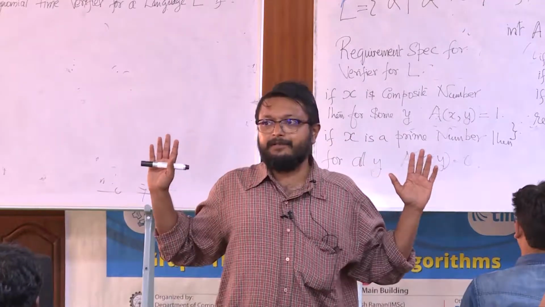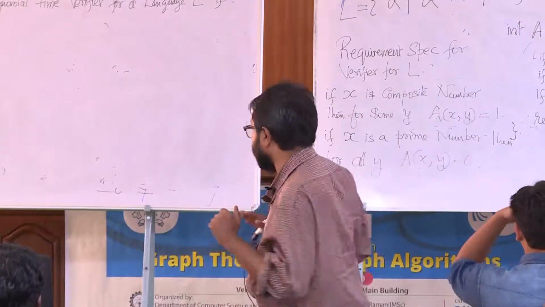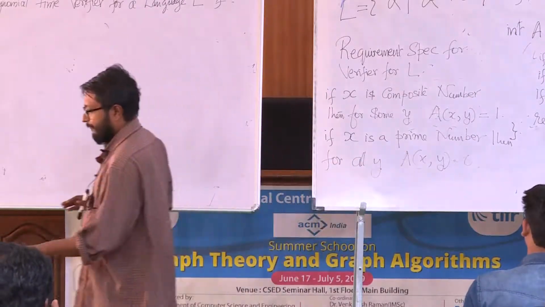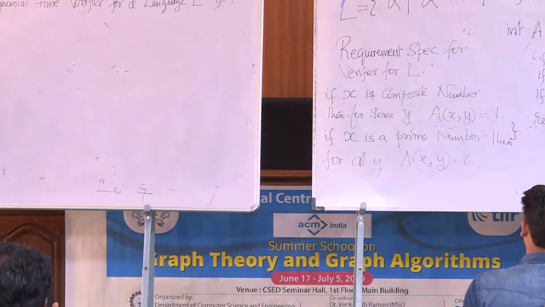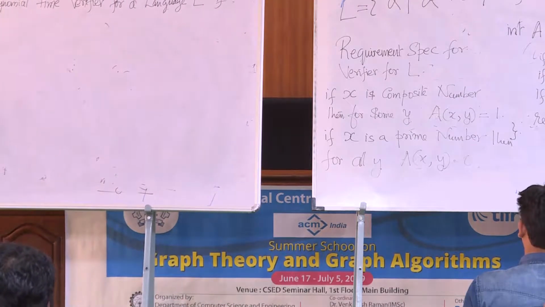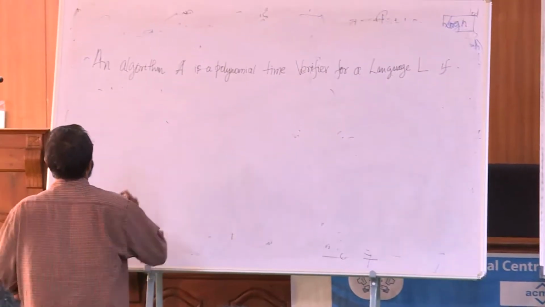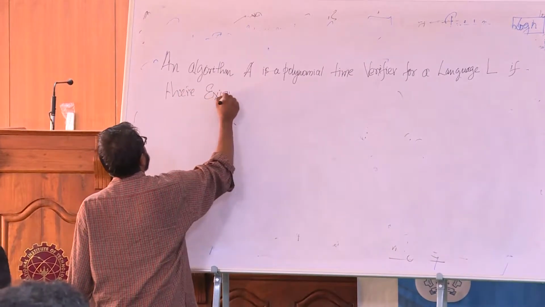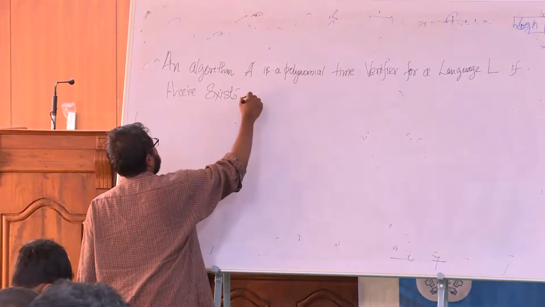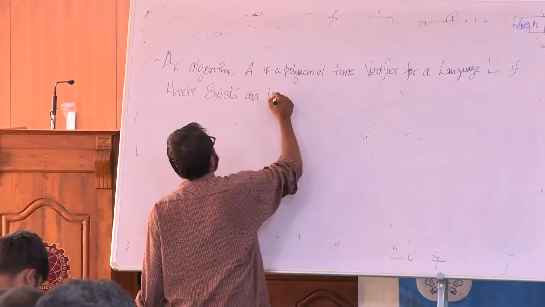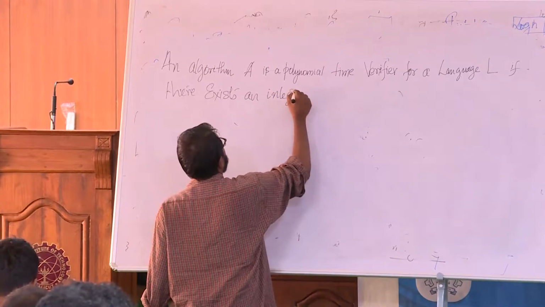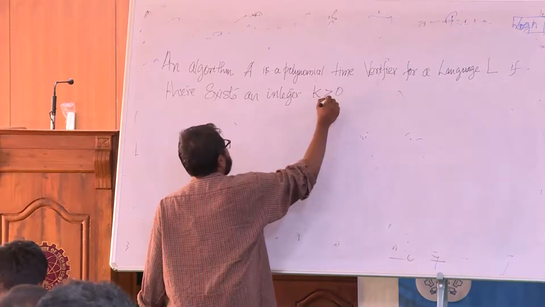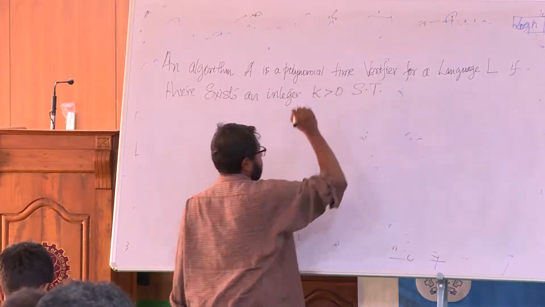That's the maximum I am going to accept. Okay, so I am going to put a bound. If there exists an integer k